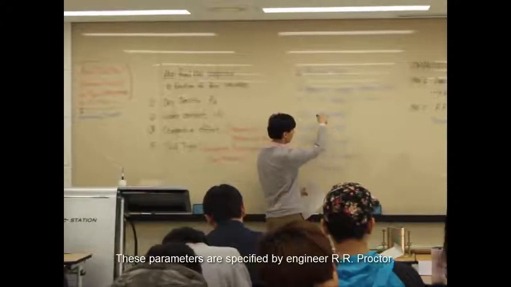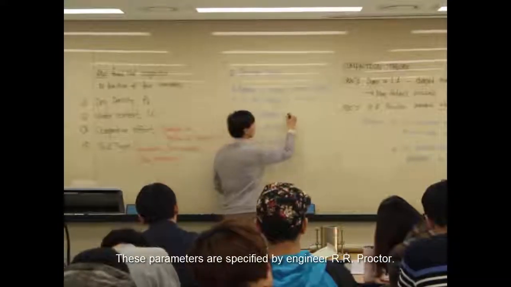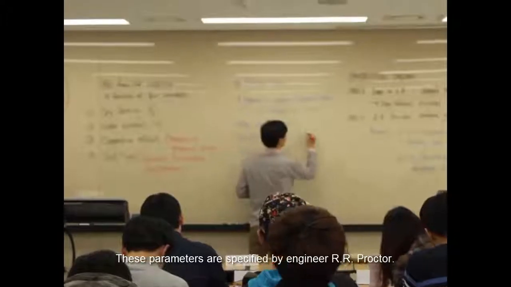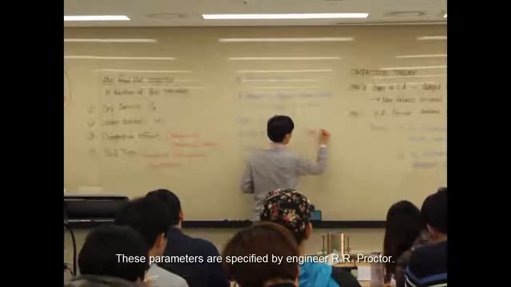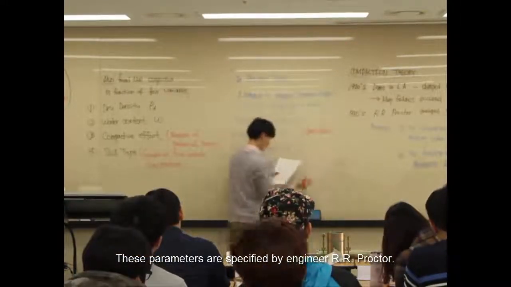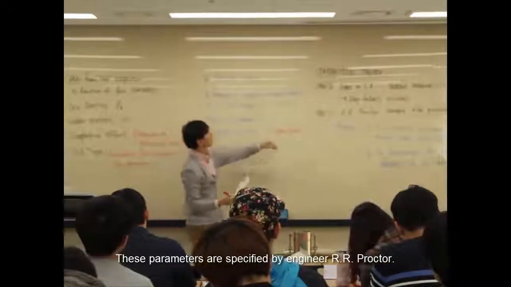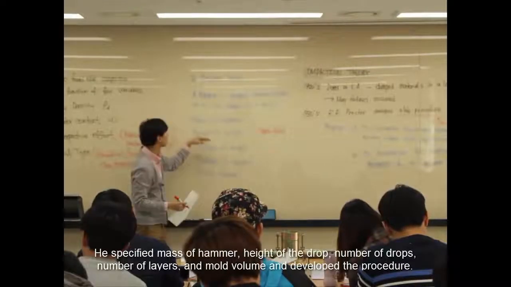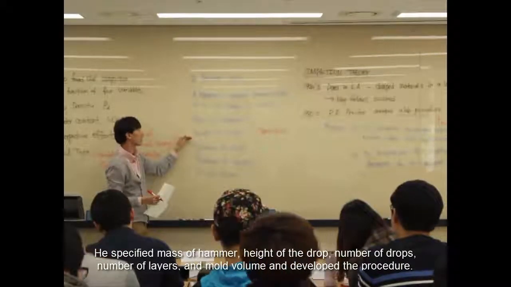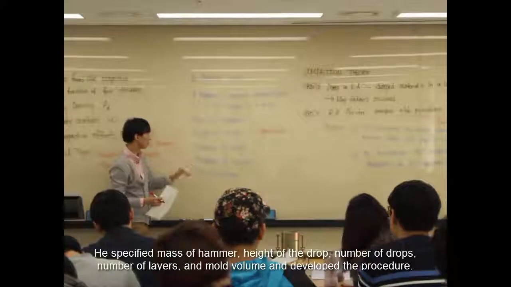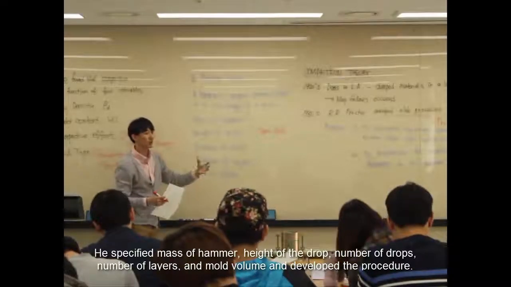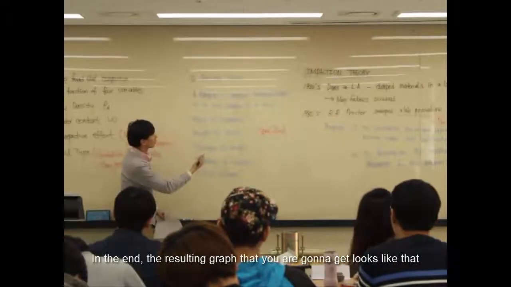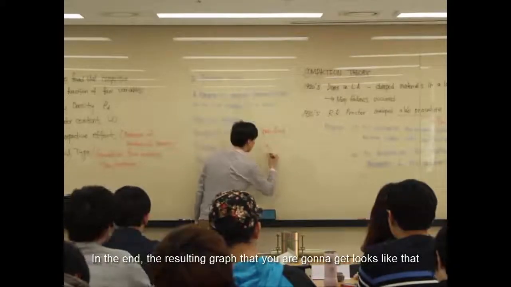So these parameters are all specified by the engineer for the structure. He specified the mass of the hammer, height of drop, number of layers, and mold volume, and developed the procedure. So this is the procedure. And in the end, the resulting graph that you're going to get